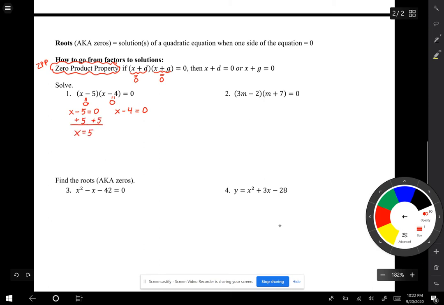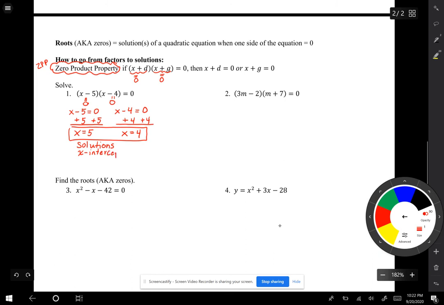So the first one is x equals 5. The second one, you want to add 4 to both sides. It's x equals 4. So those are your 2 answers. These are known as solutions. So I would say, okay, what are your solutions? You would say x equals 5 and x equals 4, or they're known as x-intercepts, because if you graph them,